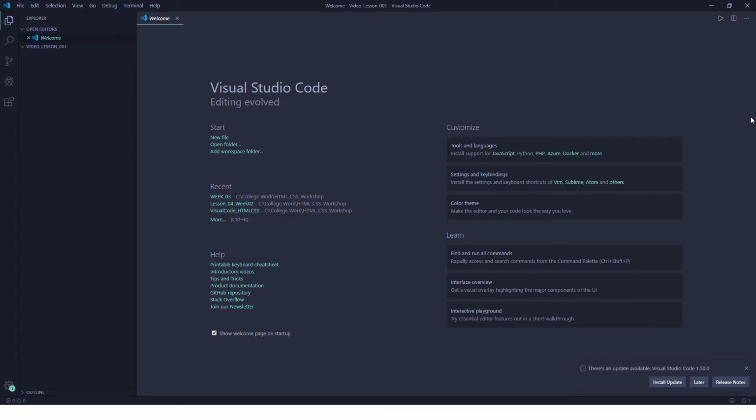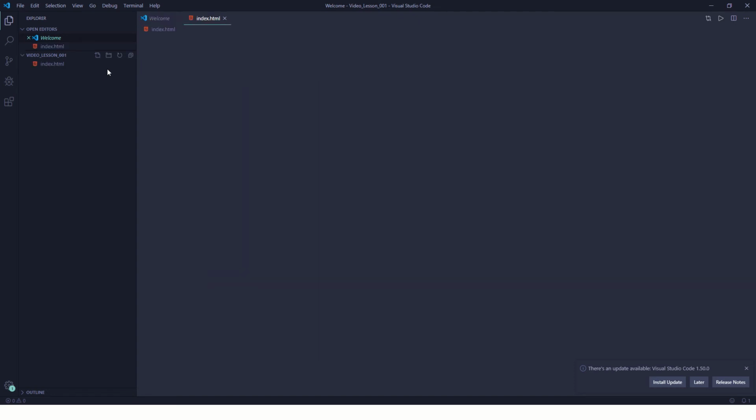So if you go back to Visual Studio, I just created a folder called Video Lesson 1 and I'll create a first new file and I'll call it index.html. Right? Now whenever you start an HTML file, you always put something called